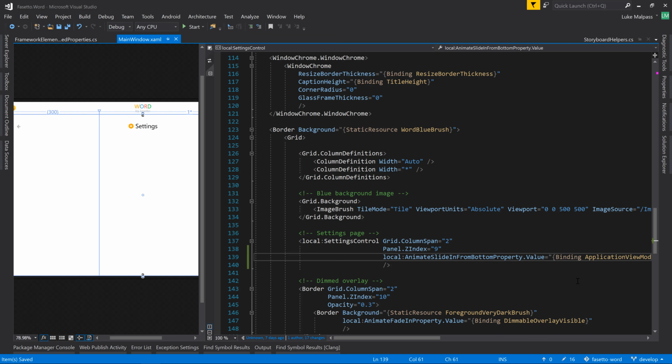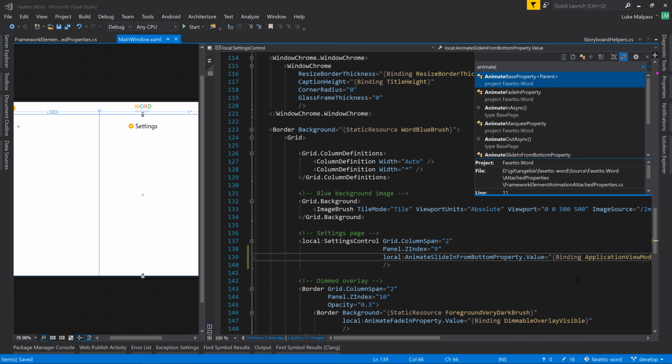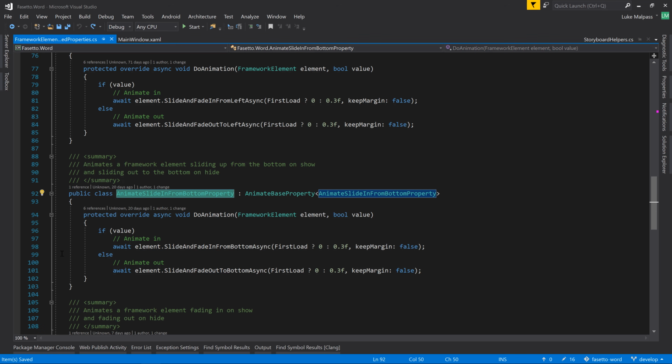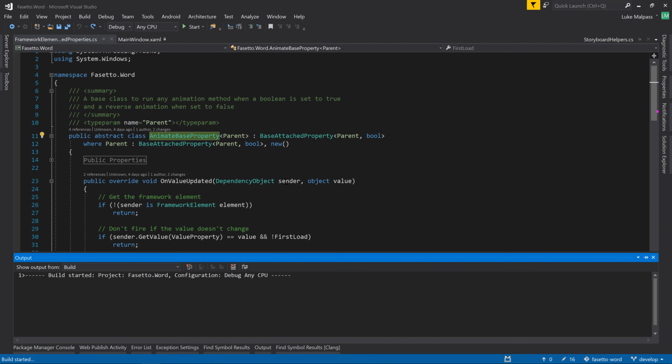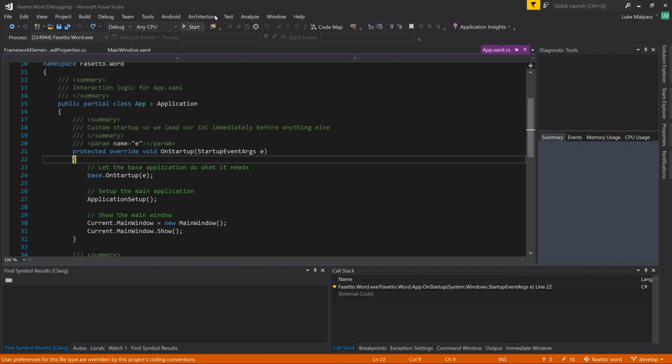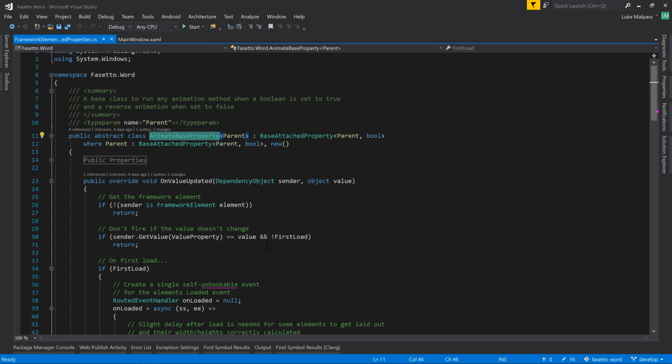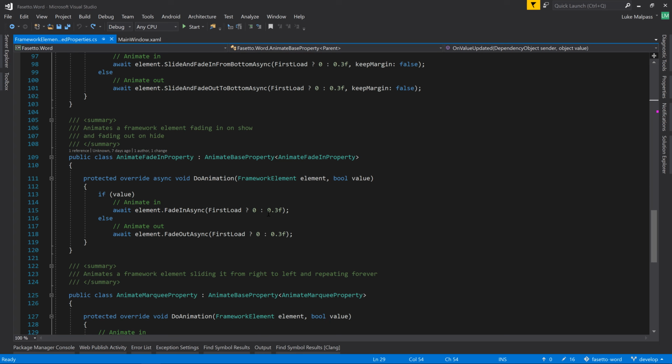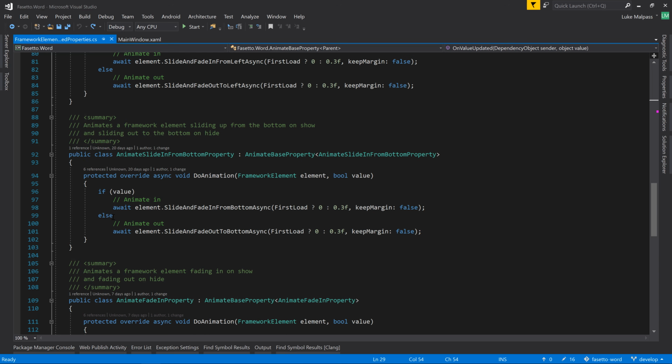So sliding from bottom. How do we name this? Because what we're going to do is make another one. So animate sliding from bottom property, because we want to change this to true. We need to either pass in more details, which we cannot on the attached property, because this is an animate, so it's just an attached property. So we need another attached property, then it'll get messy. So the quickest and simplest way to do this is to simply make another animate from bottom, and